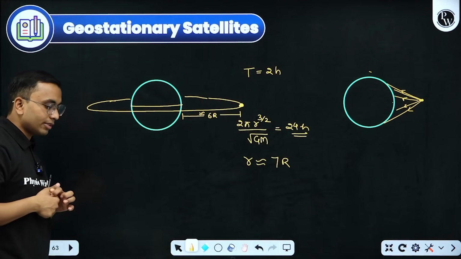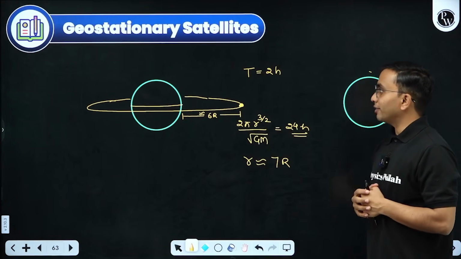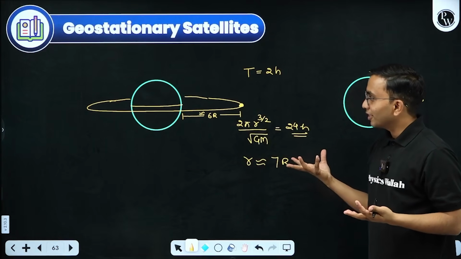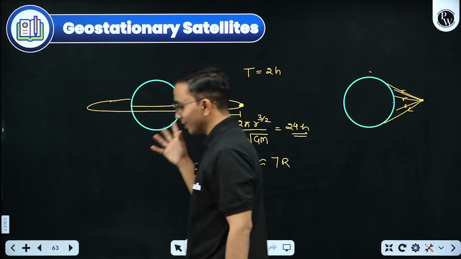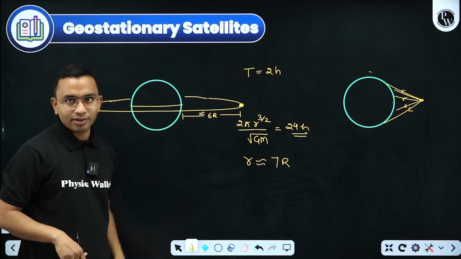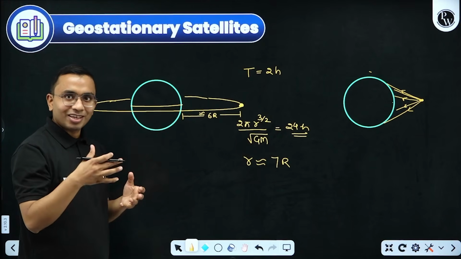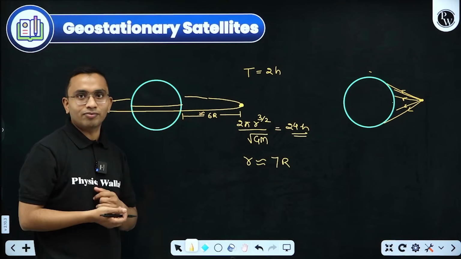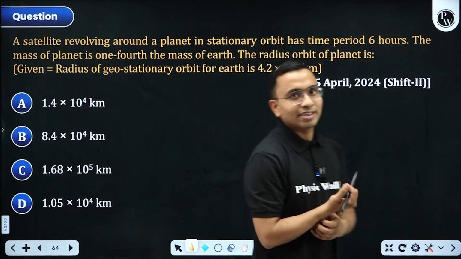Now it may happen that a planet may not have a geostationary satellite. How? If numerically it comes inside the planet, what happens? It cannot have one, isn't it? But for Earth it is possible, the density and the radius are such that we have a geostationary satellite at a decent height, not very far away also. And if numerically it comes less than R, the radius of the planet, then a geostationary satellite won't be possible. Anyways, that was some side stuff.